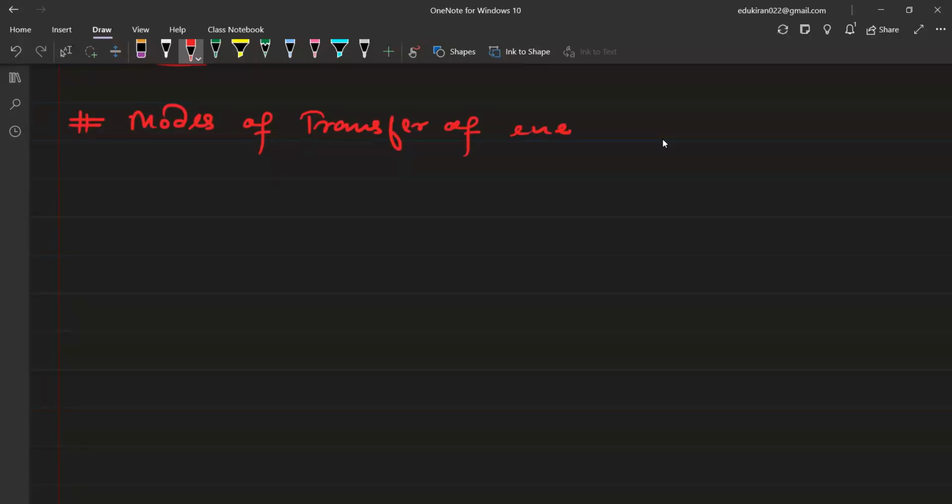So we are considering an ideal situation, right? No, we are not considering any ideal thing. First thing is that we are considering a case in which heat does not result in increase in temperature. We have seen all heat does not result in increase in temperature. That's the same thing we are applying.